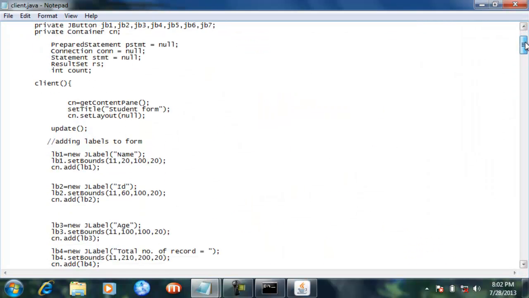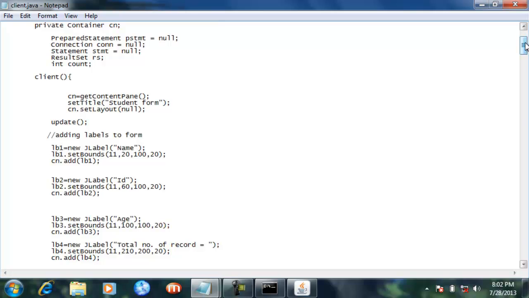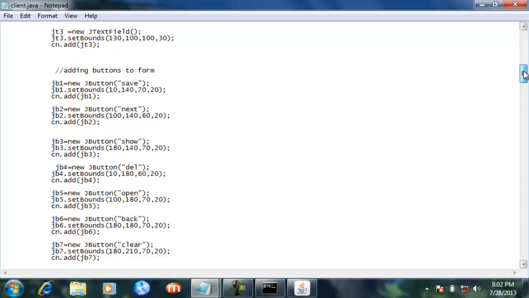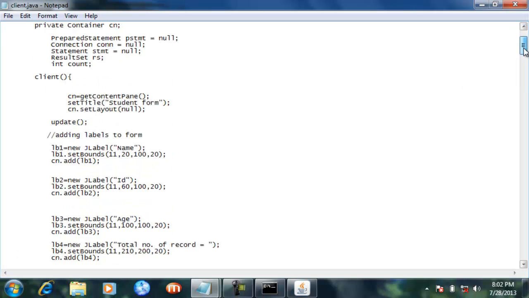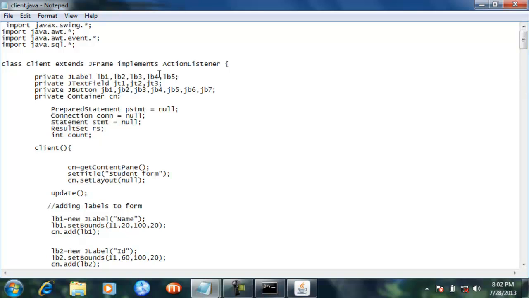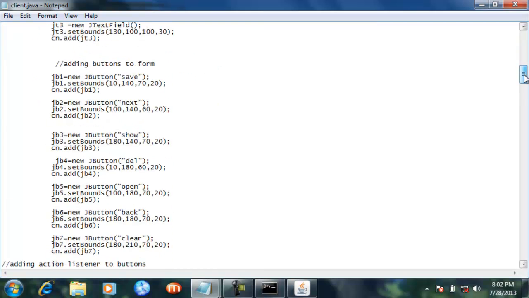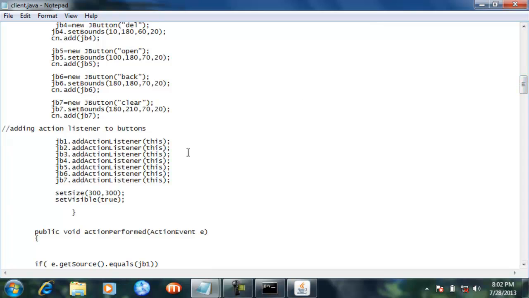So guys, we are in our constructor, and here you see that we have JB4 which is related with this delete. Moreover, we have created the object reference variable of this JB4, and we have also attached the action listener with this JB4 here itself inside the constructor.